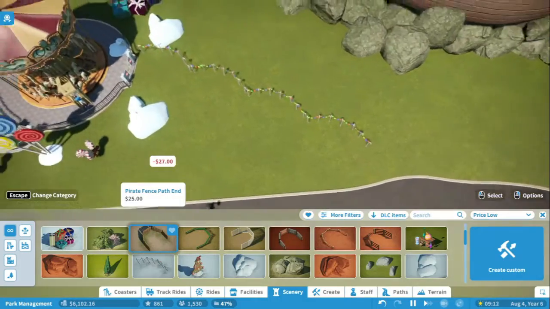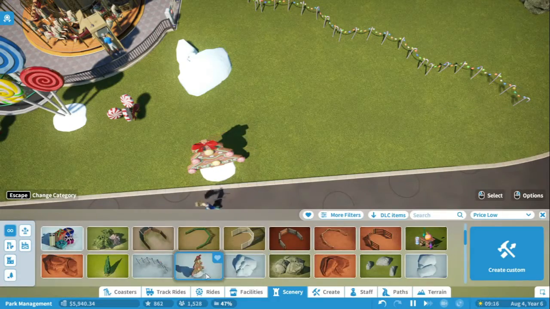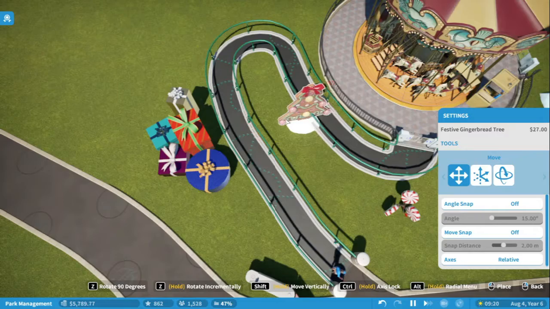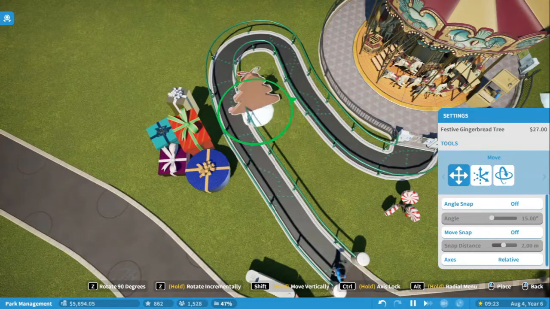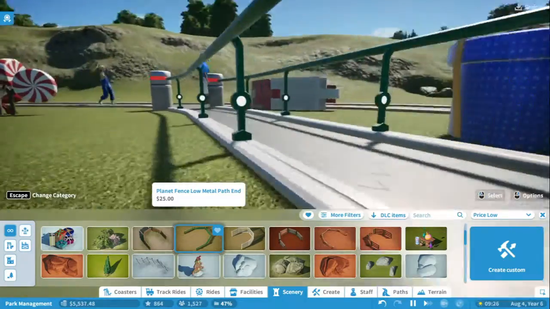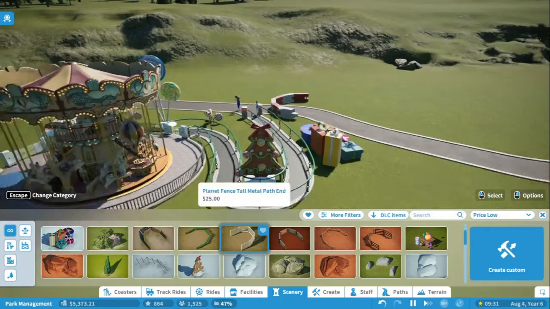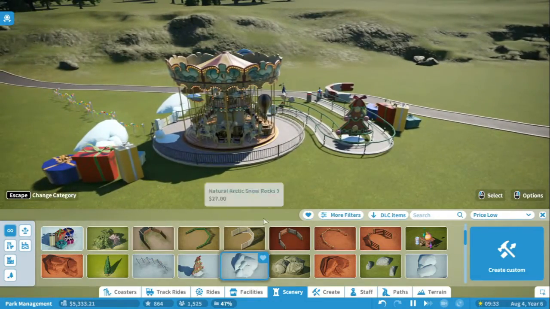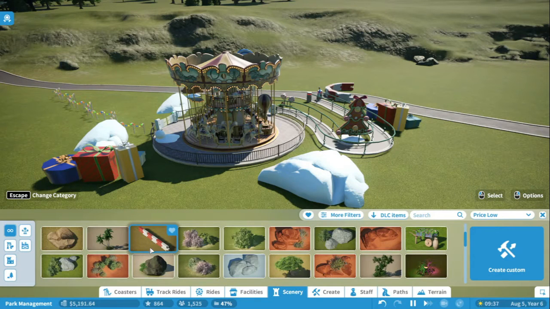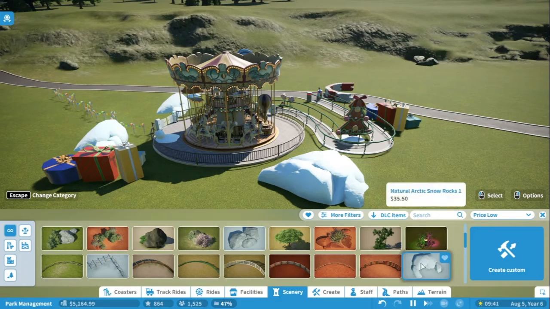Also, this episode is probably going to get titled Christmas is Coming. Festive Gingerbread Tree, we'll do like two of those. We'll do one of those in the queue line, actually, because there isn't that much to look at in the queue line. And as I said before, I want this to be a very Christmas themed ride, which it is turning out to be. And anybody that's watching, thank you very much. And I personally can't wait till after, when I get to put all this away. Not because I don't like Christmas,